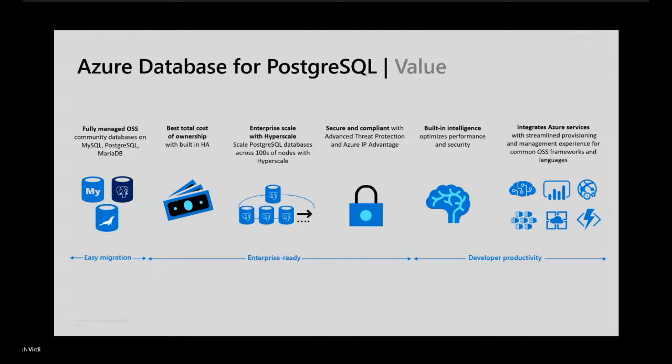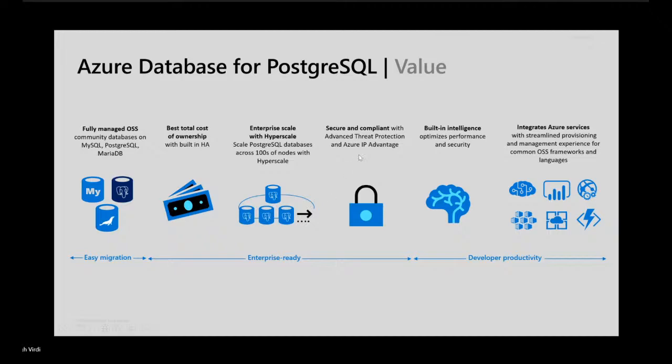Apart from that, in Azure, we have a unique deployment model where you can convert a single instance PostgreSQL into an MPP architecture where we can vertically shard your data across multiple worker nodes, and you can run your analytical queries in split seconds. Believe me, this is at least about 10 to 20 times faster than a single instance of Postgres.